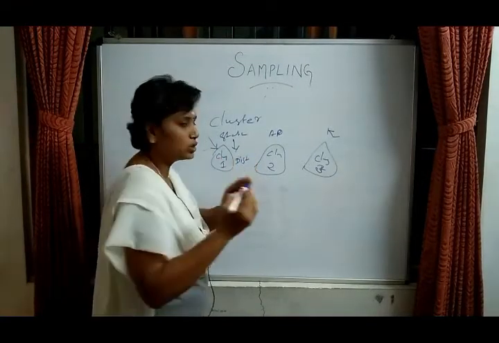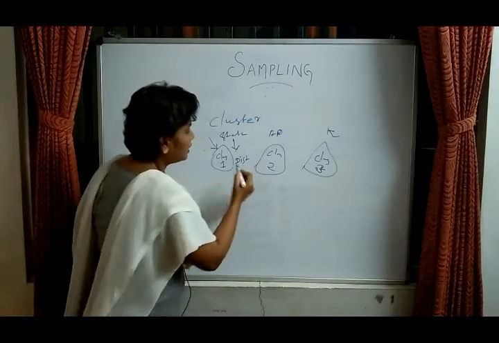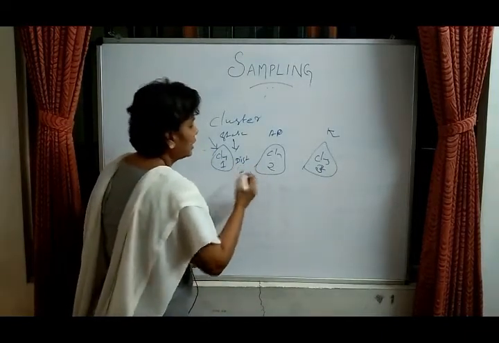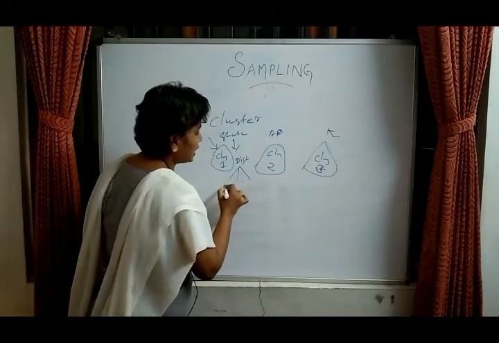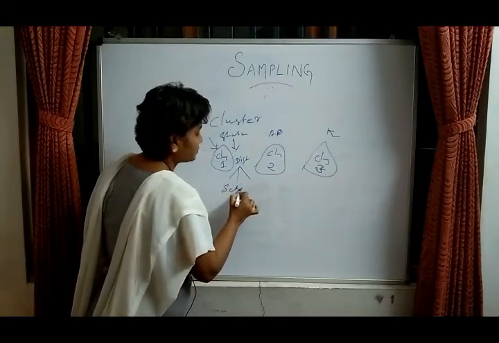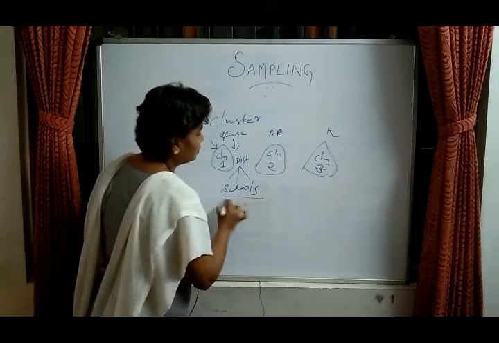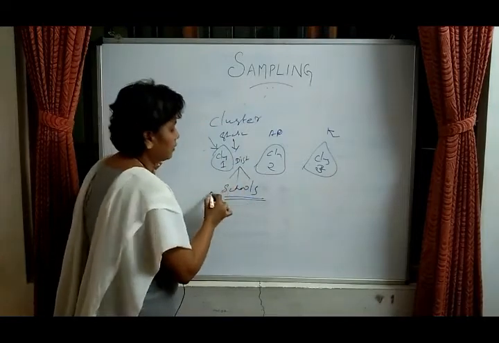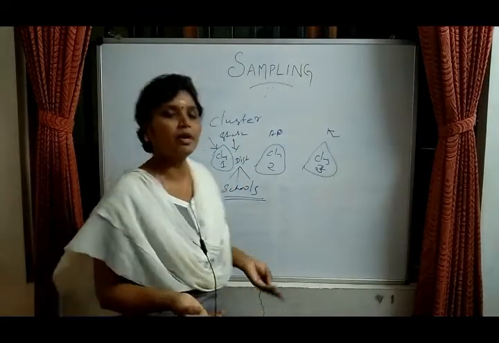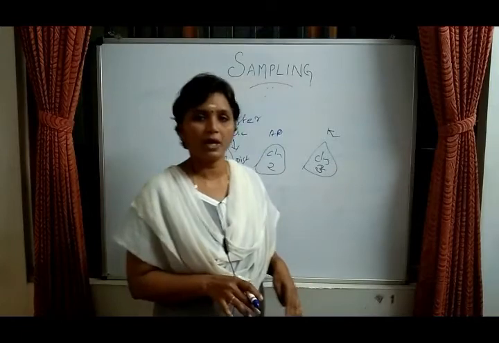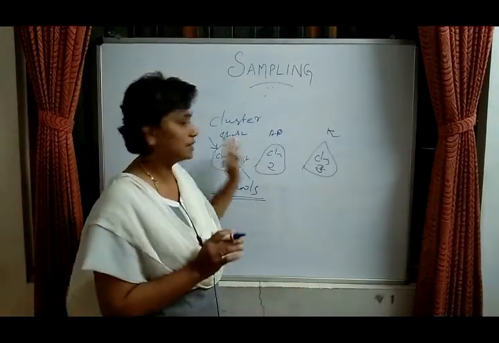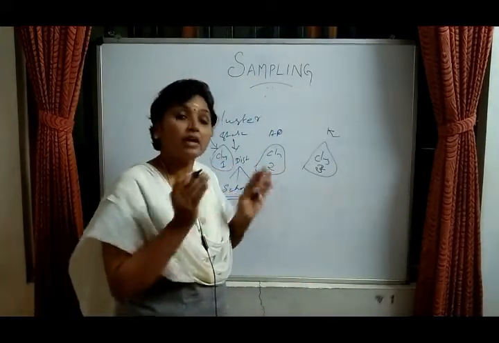Okay, it is a two-stage sampling. After that we will be selecting the district. In those districts we will be selecting the schools. Okay, after that we will be following the systematic sampling or the simple random sampling. Okay, are you understanding? That is the cluster sampling. We are making clusters.